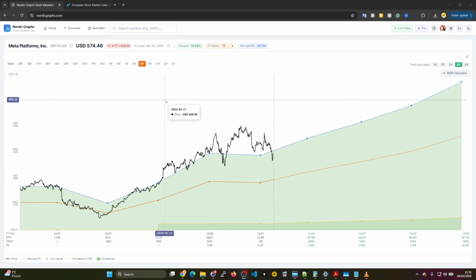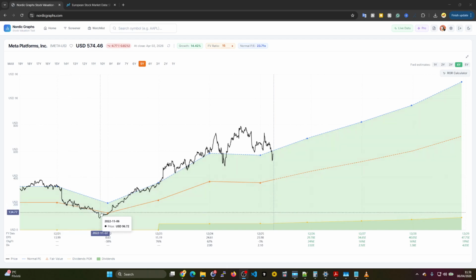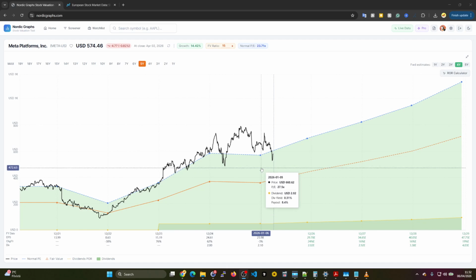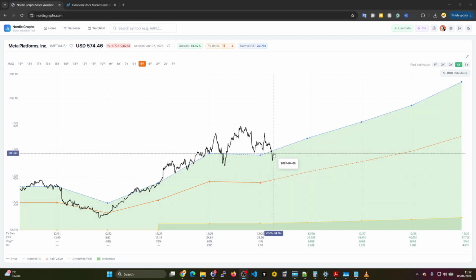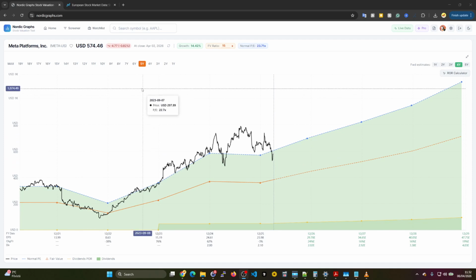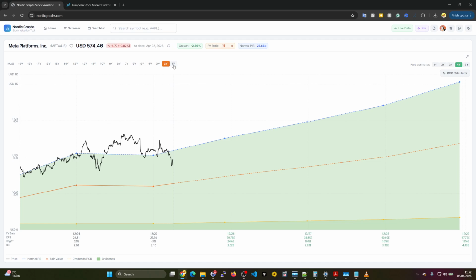I think it's unlikely that we see dips for Meta going down to this fair valuation line unless we see dips in the earnings, but either way, Meta looks like still growing, and when we have price dips like we